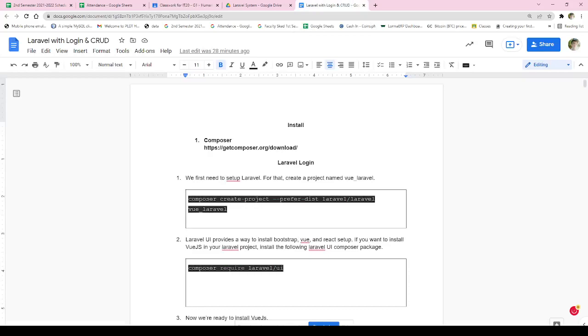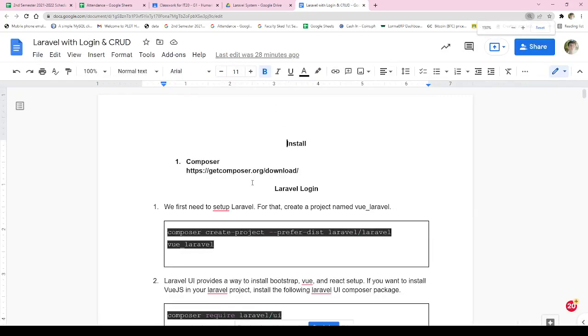Okay, so again, in our module, by the way, for the midterm, you will be creating a system already. Kung gagawa na kayo ng system ninyo, and